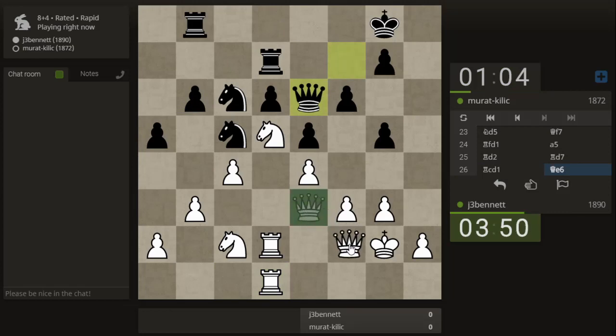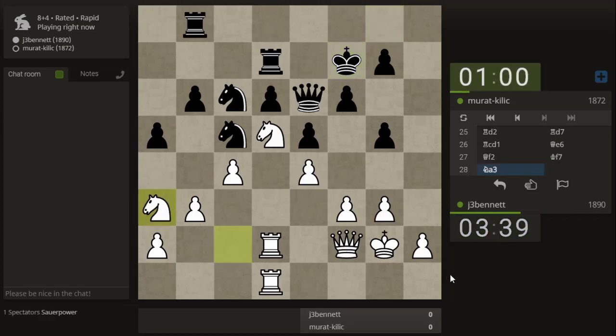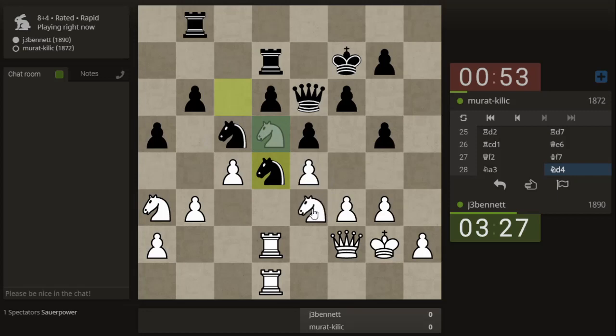Okay, so I'm going to step aside like this, bring the other knight in. I could bring the knight in this way too. Now that's an interesting move. It stops me from bringing my knight here. Makes me think about an exchange sack. He's not threatening to take anything at the moment, so...